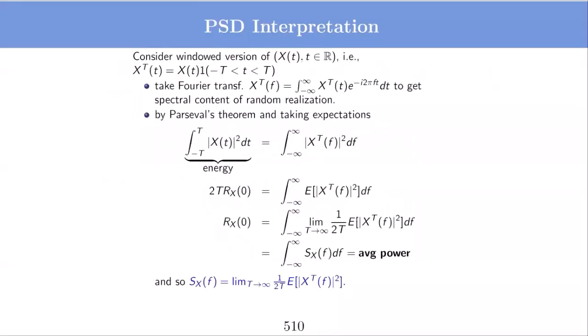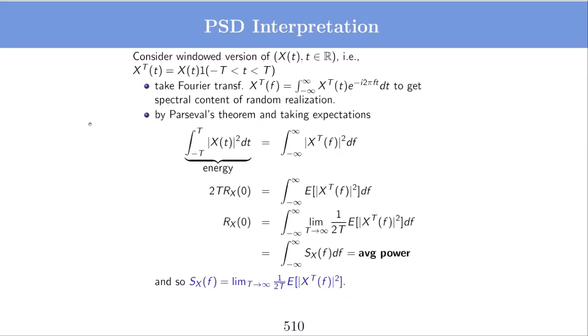Let's look at how PSD can be interpreted. Right. For this, suppose you have a random process, and we will start with a finite windowed version of this x(t). So I will redefine this random process as x_T(t), which is the windowed version. So I multiply this indicator to x(t). This means that whenever t is outside this window, this signal will become 0, and inside this window, this will just be equal to x(t), right? So x(t) is an infinite length signal. I am just trying to look at a particular window of it. Okay. This will help us to compute the averaging and define it well.